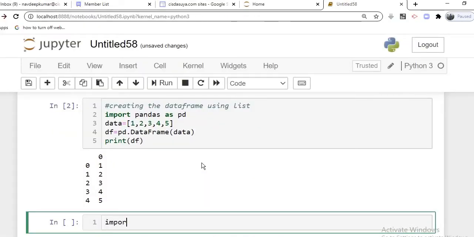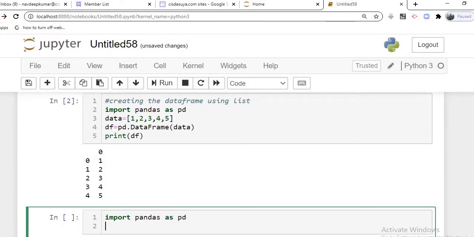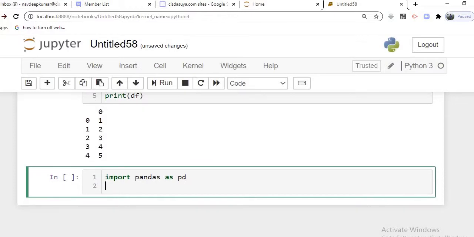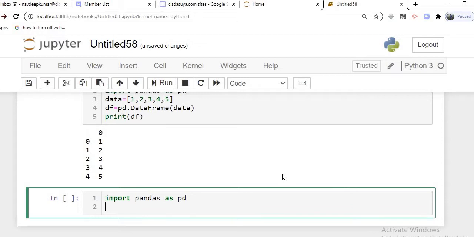First step is import pandas as pd. Now the data that we want to supply contains two parts. First, let's say we take the name Mandeep, and his age is, let's say, 20 years.